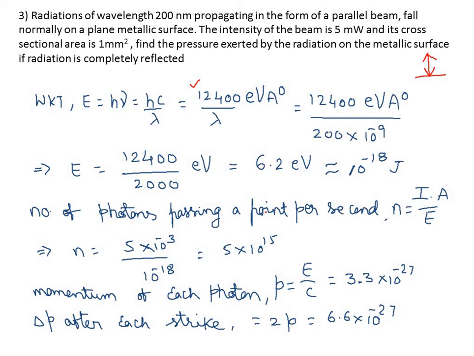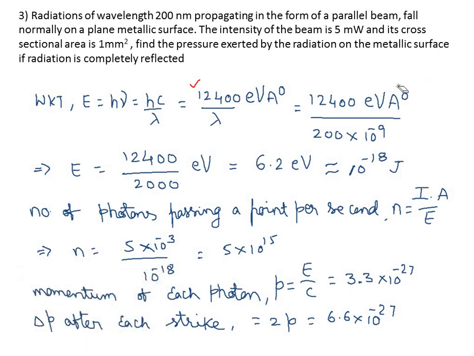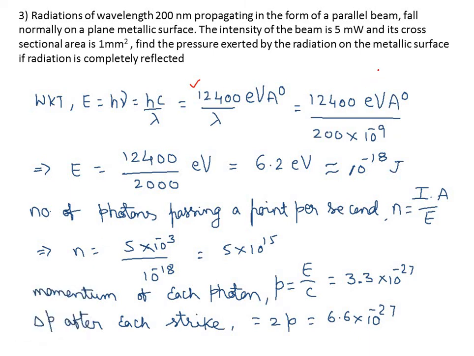So now the number of photons passing a point per second can be given as n equal to I into A by E, intensity into area by E. Look here, this is not a new thing for you. Look at the intensity expression. First let me erase the figure so that I can start from there. So what is the expression for intensity? Amount of energy per unit area per unit time. That's it, right? So can I write it as power by area? I equal to amount of energy per unit area per unit time. Energy by time is nothing but power.